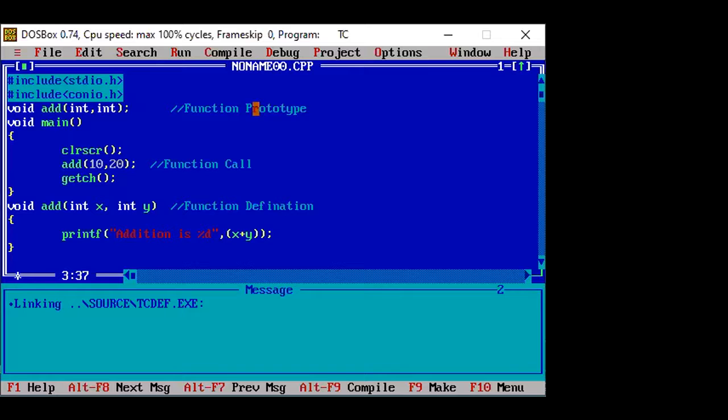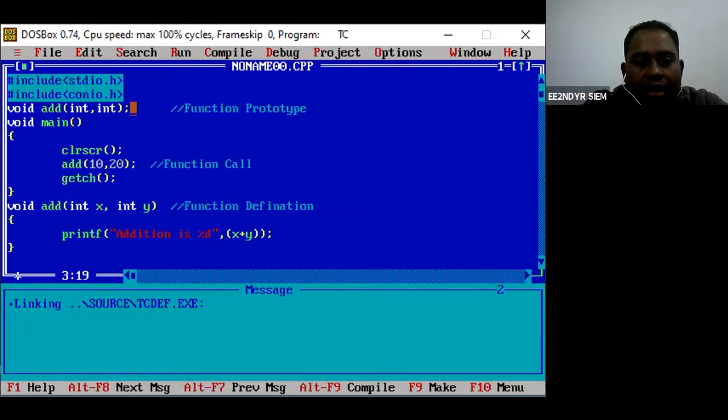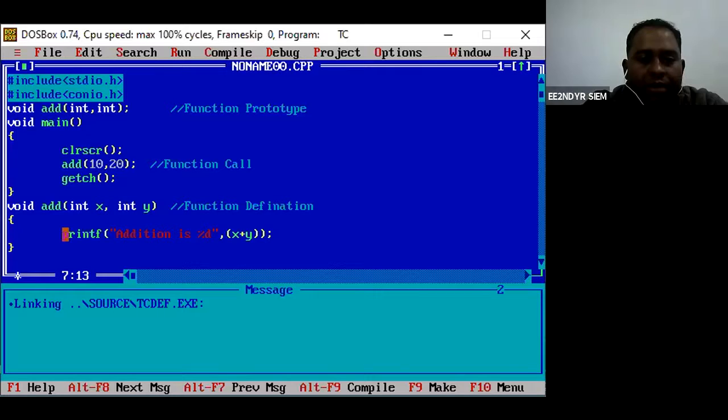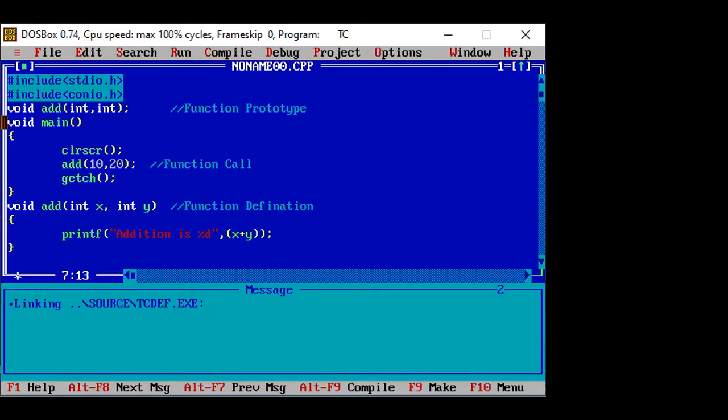Till now I don't know how many lines of code are in this function and what it is going to do, whether the display will be done inside this function or inside main, or whether it is going to send the values to main.